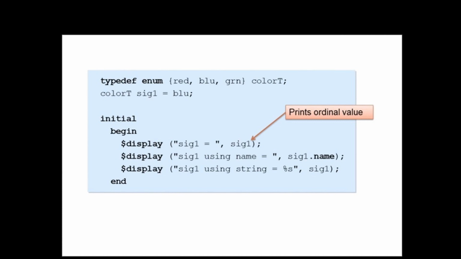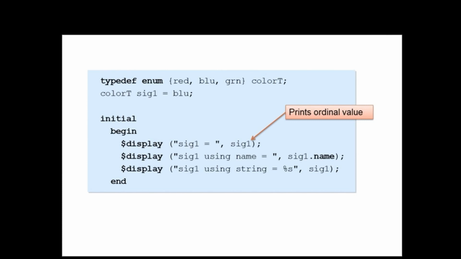Anyway, in this case, what do we have? We have a signal. We've got red, green, blue as our color type. Then we declare sig1 as being of that color type, and we initialize it to be the color blue. Fine. So this is a legal enumerated type, and again, we're using a typedef. Now, if we want to print this out, if we just do a $display of sig1 like this, the problem is that it won't actually print red, green, and blue. What it'll